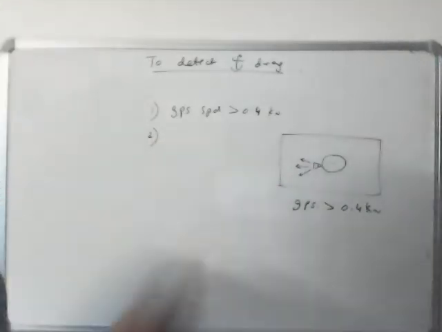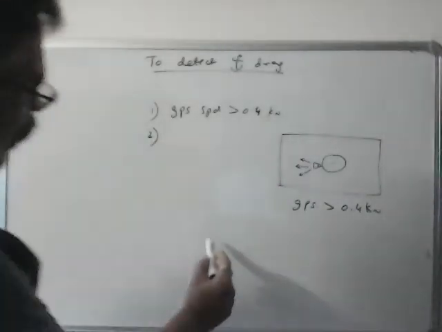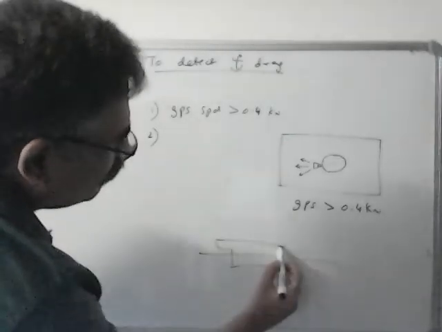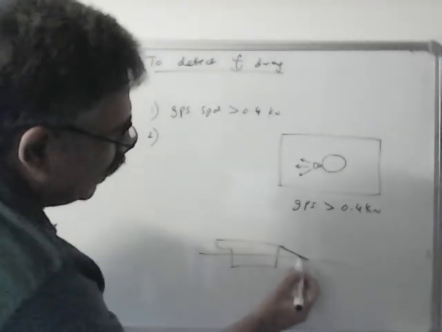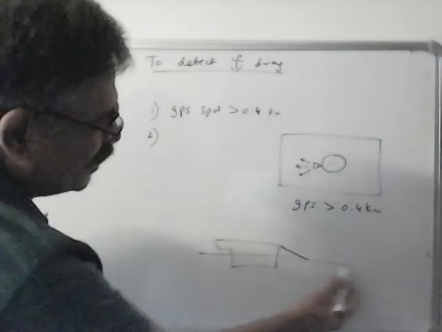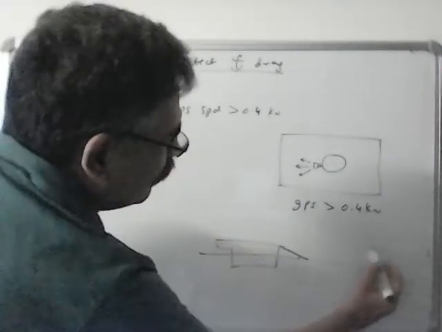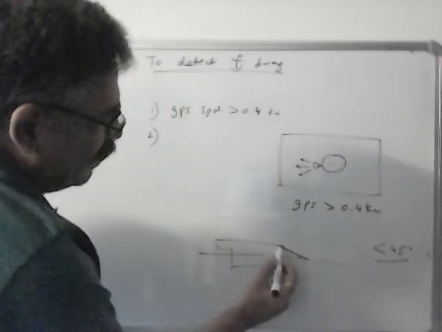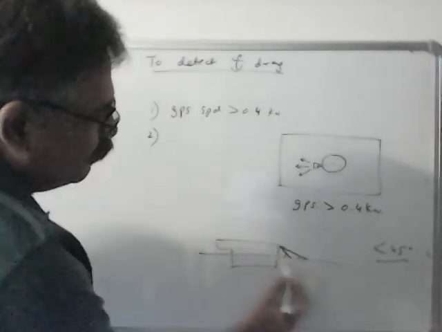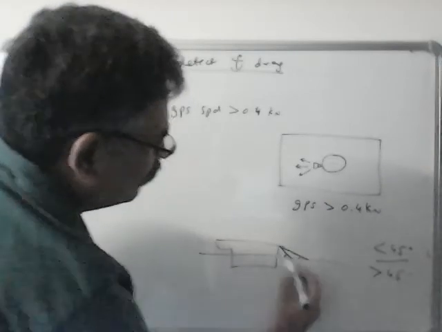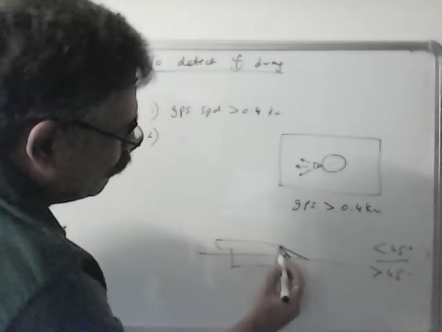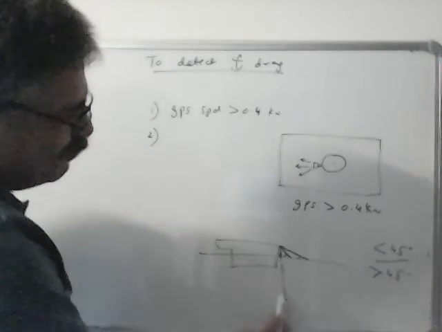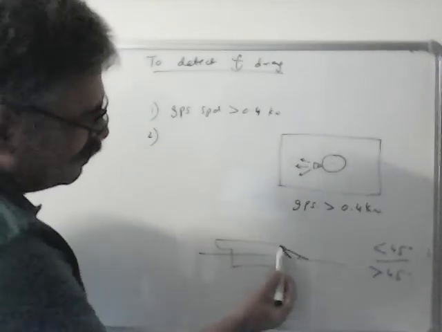Second way, if you send a man on the forecastle and he sees that the anchor is at long stay. Long stay means the angle which the cable makes with the waterline is small, let's say less than 45 degrees or so. So that is long stay. And if the angle is more than 45, that is medium stay. And this is up and down, exactly 90 degrees. So this means the strain on the cable is minimum. This is moderate strain on the cable and this is high strain.